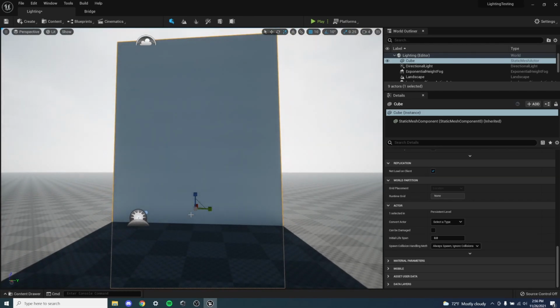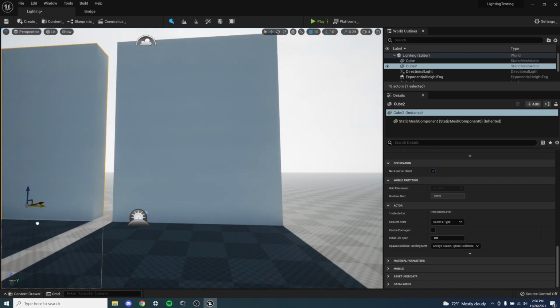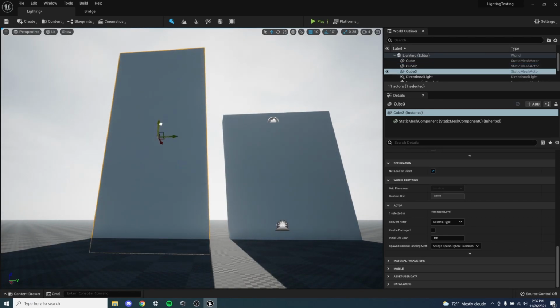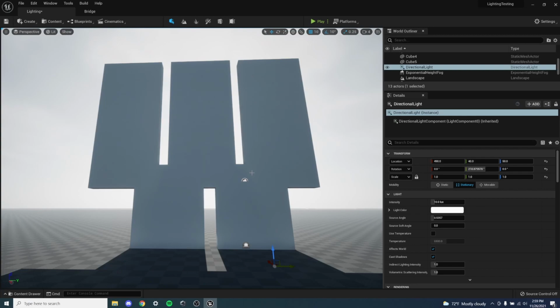And then maybe I'll build a little window. So I'll hit Control C, Control V to copy and paste and just build a little window up here. Control C, Control V. So now that we have our weird kind of postmodern sculpture built, let's take a look